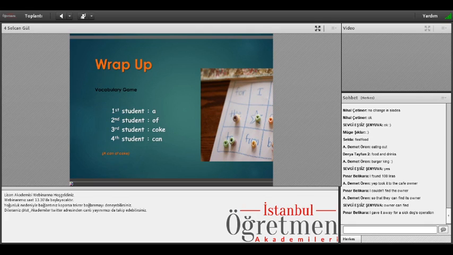And finally, in this wrap-up activity, every student chooses a word or phrase from the text according to their number of turns, and they tell it to each other. And at the end of the game, whoever makes the longest meaningful sentence or phrase wins the game. Here you can see a can of Coke, for example, a can of Coke.